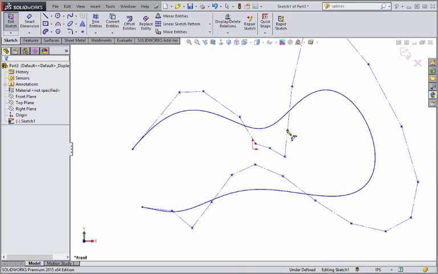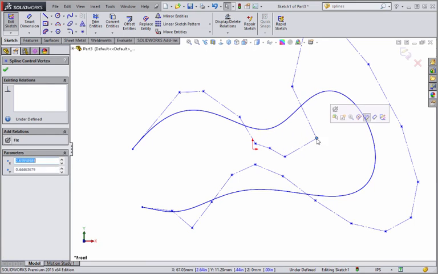If you'd like to learn more about advanced spline options, refer to the related lesson in the I Get It, SolidWorks